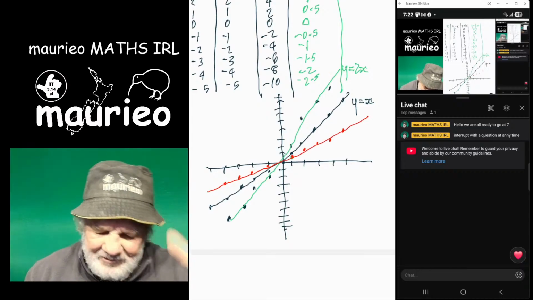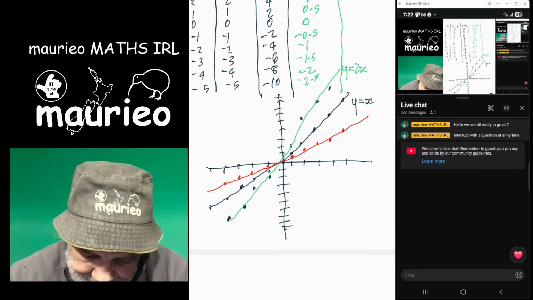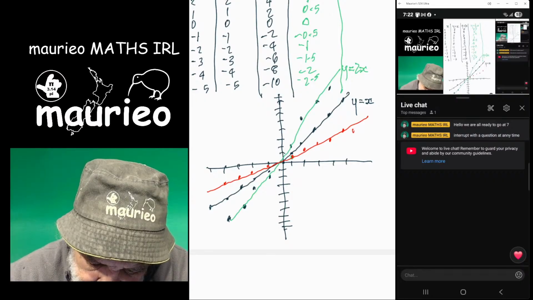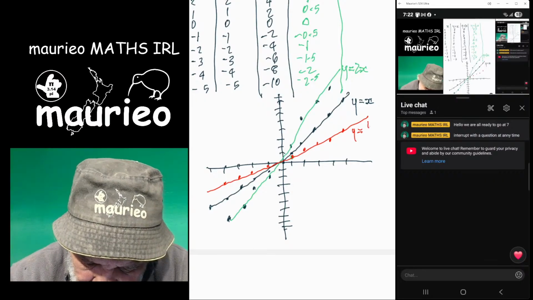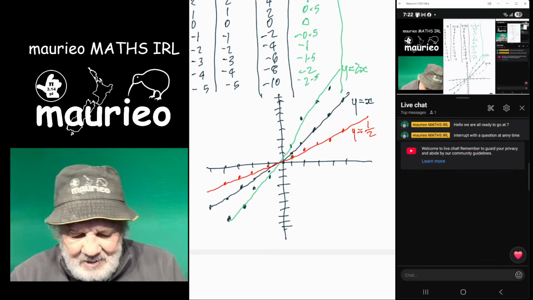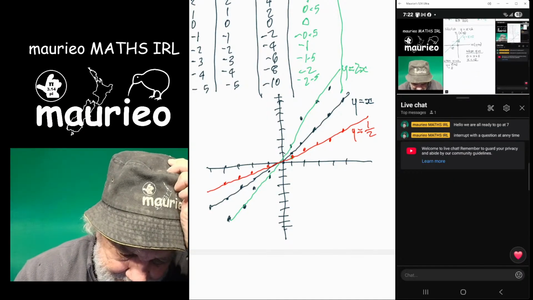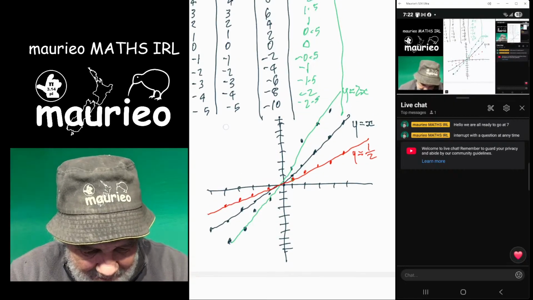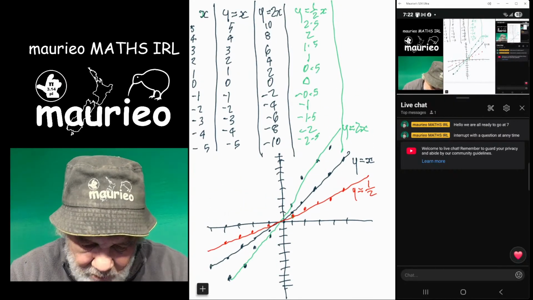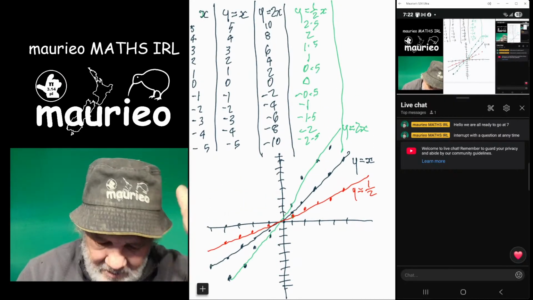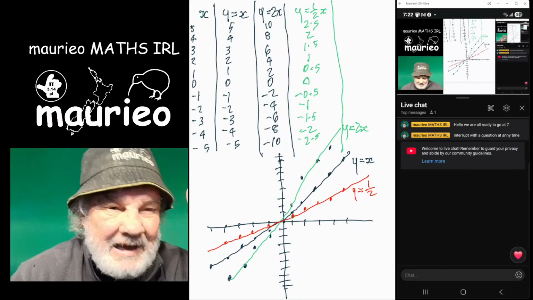A flatter curve. That's going to be y equals a half. 4 would be 2. Now, let's see what happens if we look at